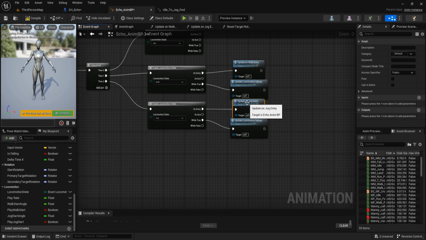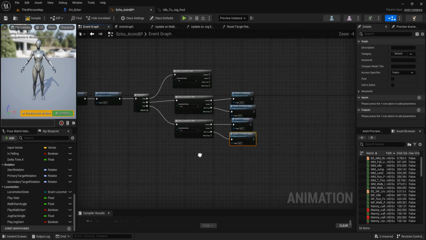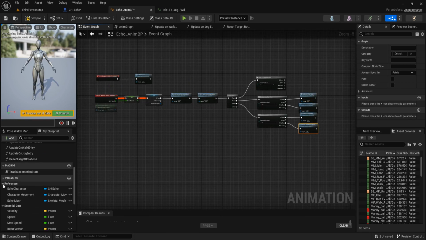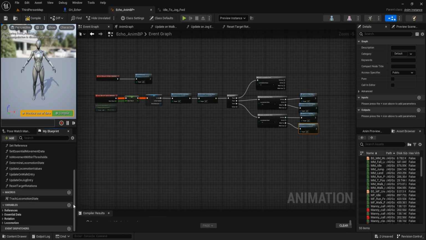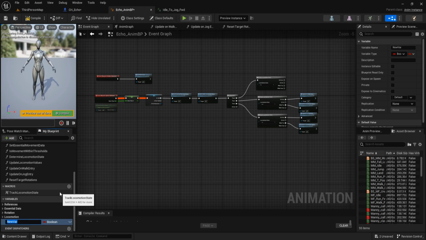This update on jog entry, we get the angle, we get this angle start of the jog. Now close this variable category and add new variable.